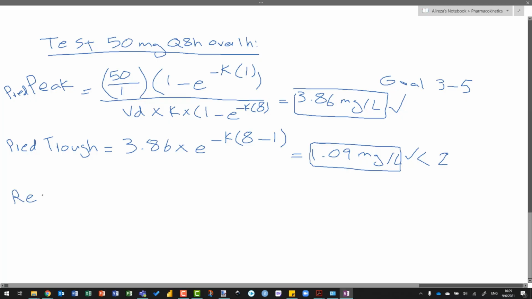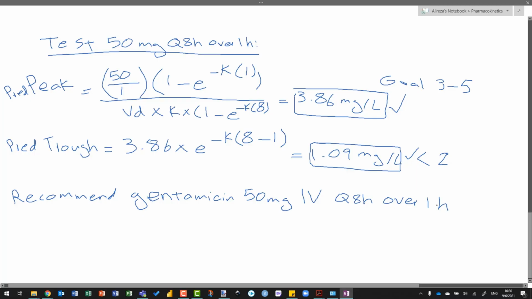So our recommendation is that we have to make it a full recommendation. So you want the drug name, so gentamicin. You want the dose, so 50 milligram. You want the route, so this is IV, every 8 hours, and you want to make sure you put infusion time, so you say over 1 hour,